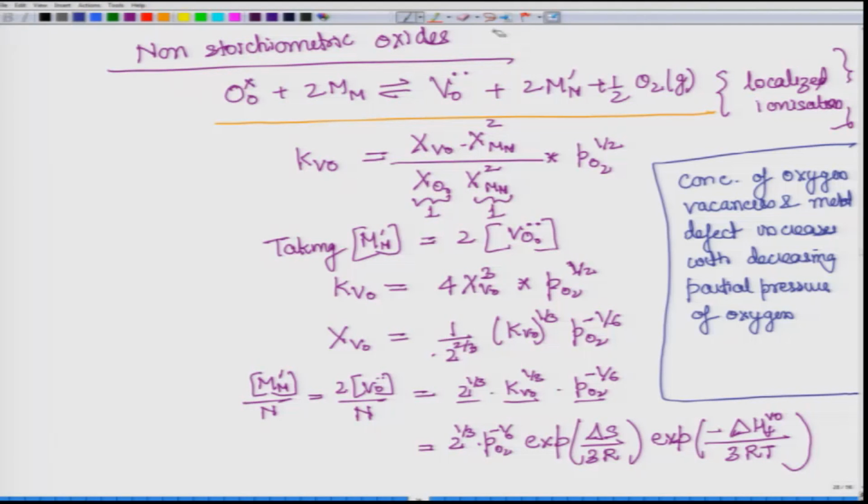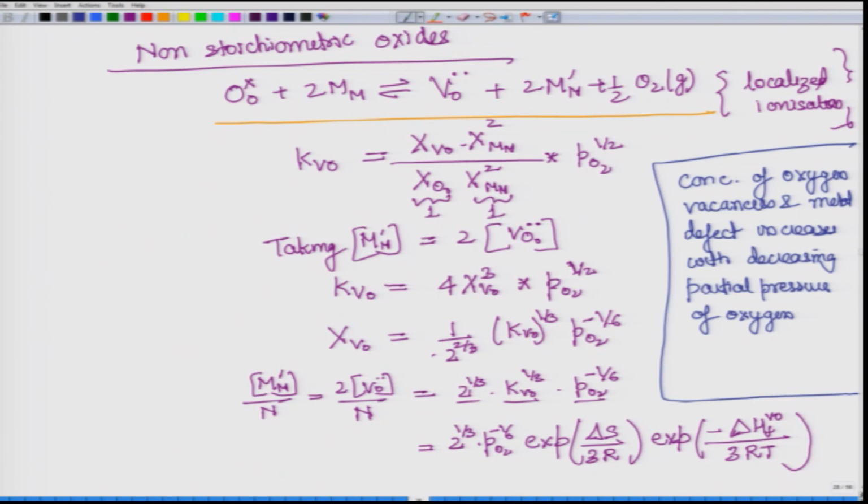Okay, so let us continue our discussion where we left last time. So, we were looking at this defect reaction. Here it is a non-stoichiometric oxide, basically oxygen escaping into the atmosphere and leaving behind a vacancy. However, like I said earlier, the number of sites need not remain fixed, but the ratio of sites, which is proportional to the M and O, will remain as it is.